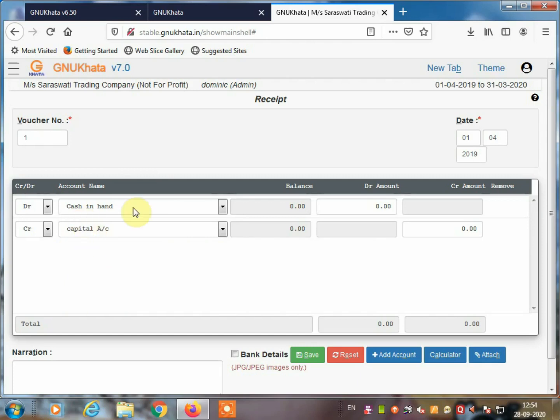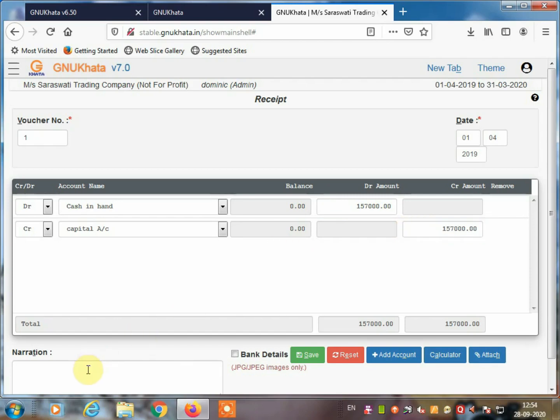So cash account debit to capital, and here you enter the amount. How much amount? 1,57,000 debit, and the credit amount is also the same, 1,57,000. So this is the receipt voucher.